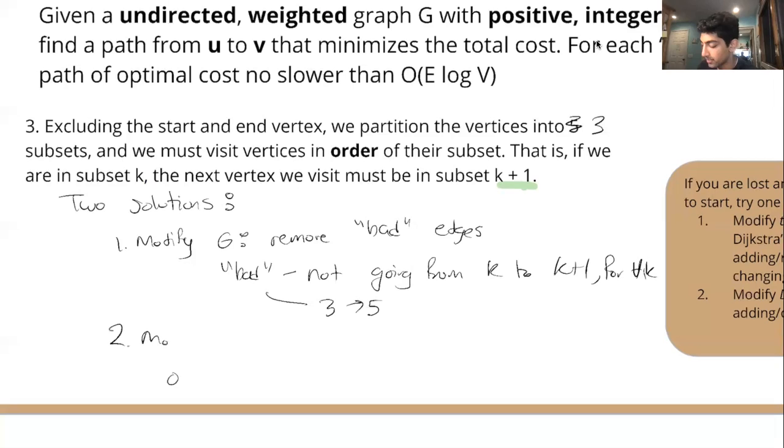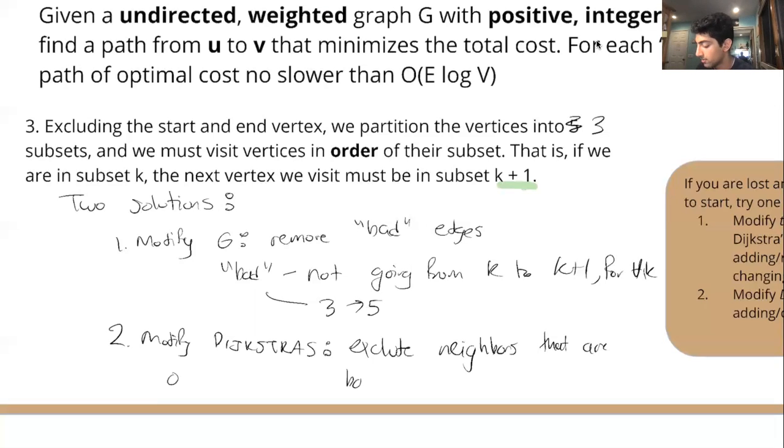The other way is we modify Dijkstra's. Okay, so now when we're looking at neighbors, we exclude neighbors that are bad, right? Because in Dijkstra's, we look at all the neighbors. So if we find a neighbor that's invalid, we just move on, right? So this one wasn't too tricky, I hope, but